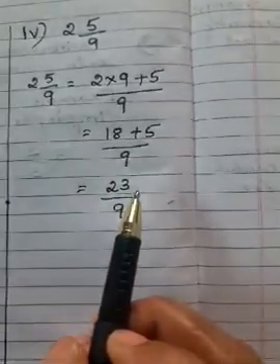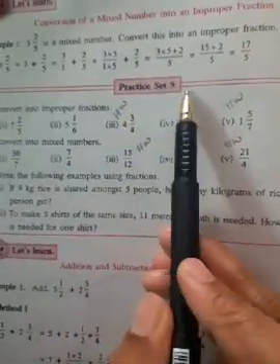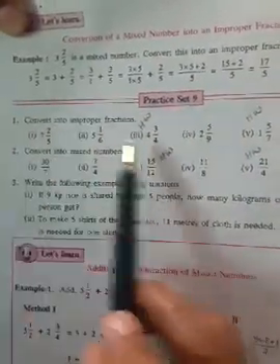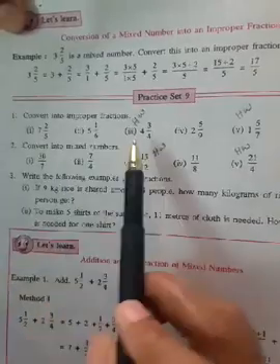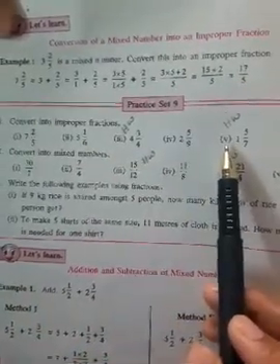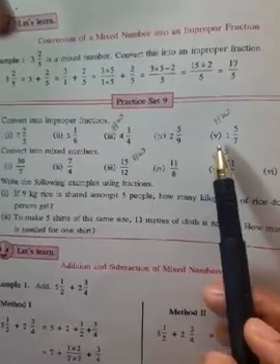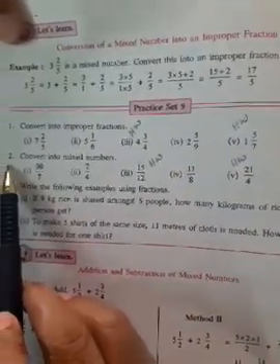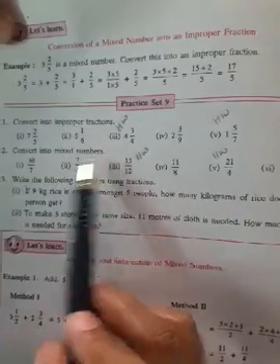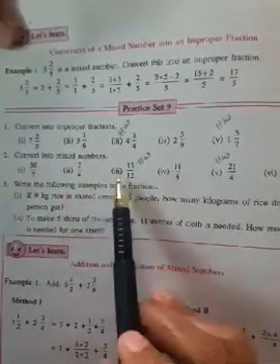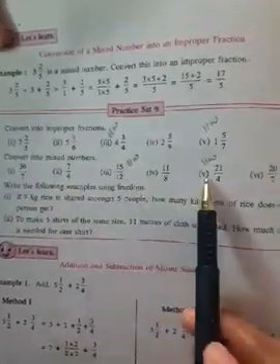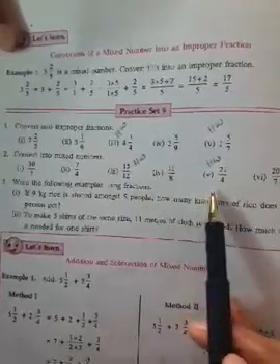Now see students, textbook practice set 9, question number 1. Here in question number 1, the third and fifth are homework. You should write these sums in your maths homework book. Similarly, question number 2, convert into mixed fractions, that I will explain now. In that also, question numbers 3 and 5 are homework. Do it in your maths homework book.